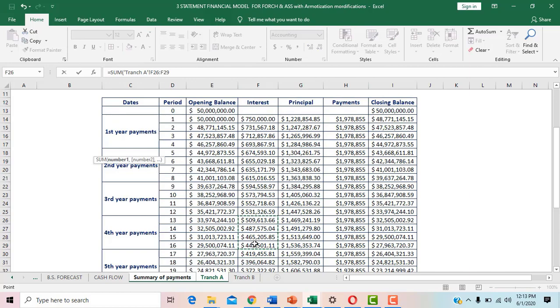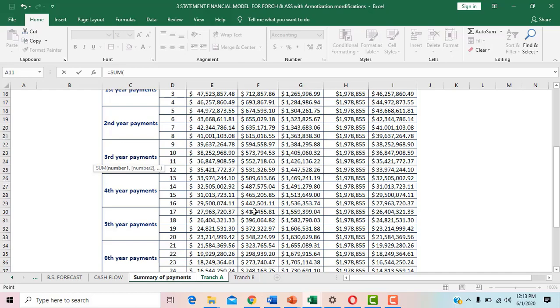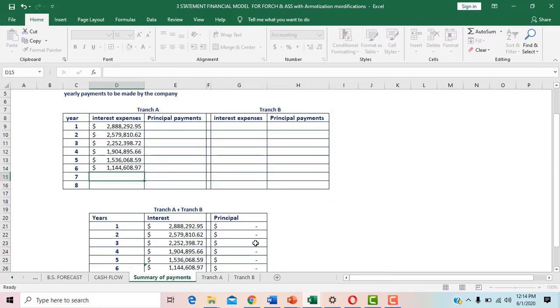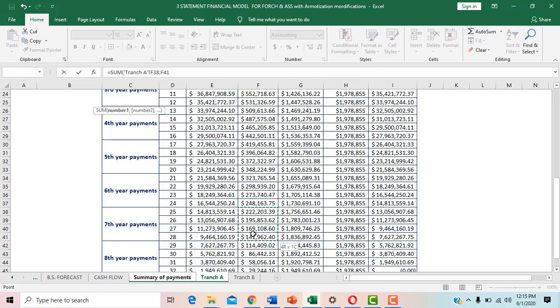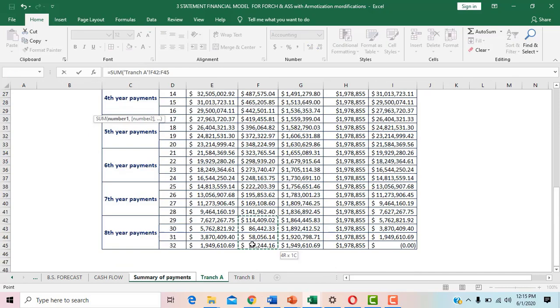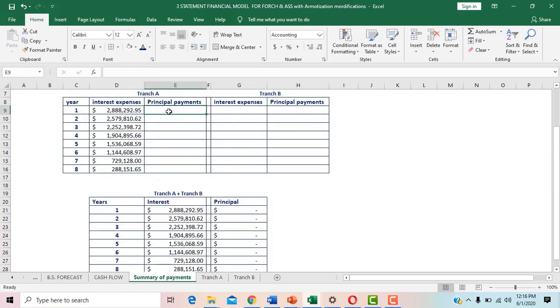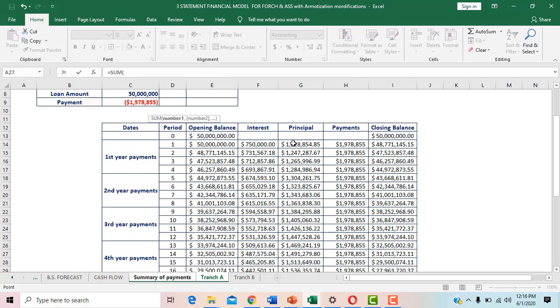Total of interest expenses for the fourth year. Close bracket. Total of interest expenses for the fifth year. Close the bracket. Total of interest expenses for the sixth year. Close the bracket. Total of interest expenses for the seventh year. Close bracket. Total of interest expenses for the eighth year. Close bracket. Next is the principal payment of tranche A, which is equal to total of principal payment for the